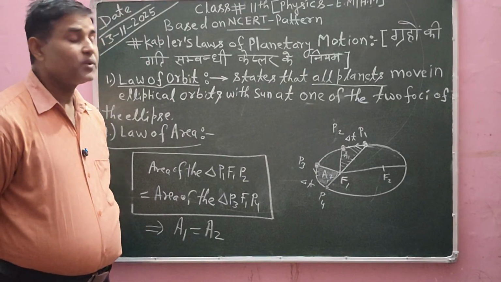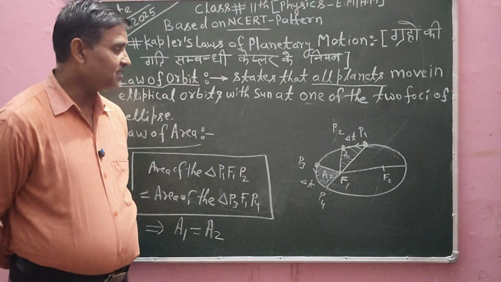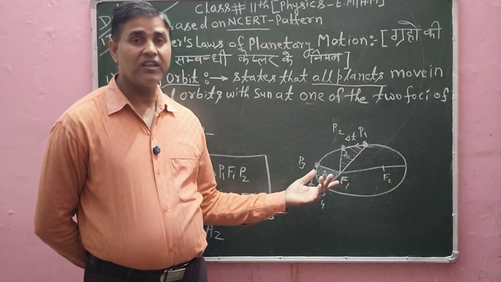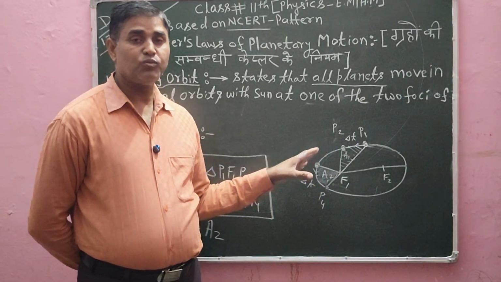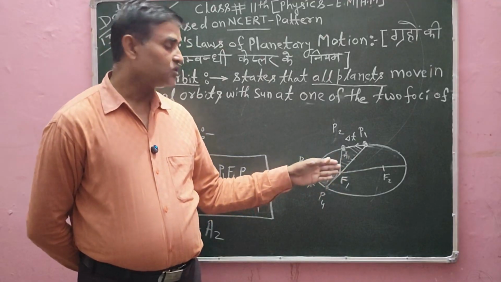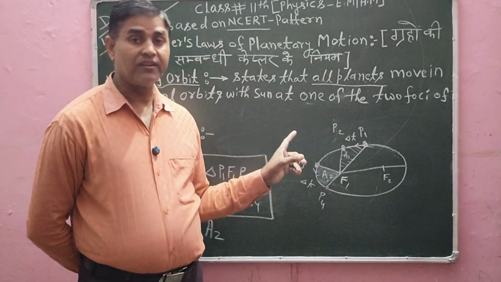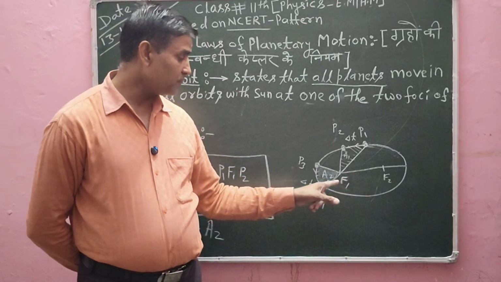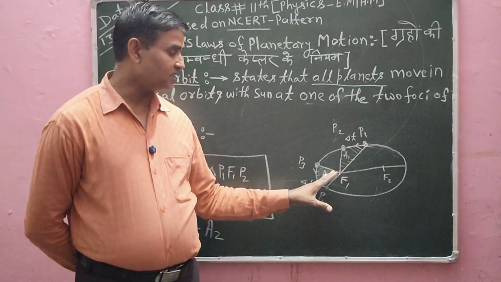Okay, so Kepler's first law was very easy, because for any elliptical path that has two foci, if any planet is moving around the sun, the sun will be at one of the two foci of the ellipse. Okay, so I have already discussed